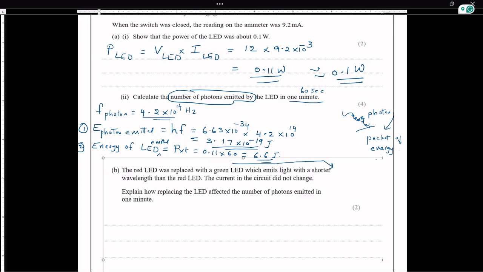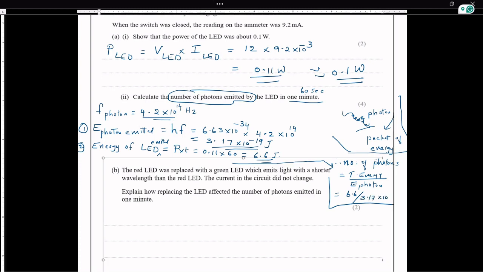Therefore, the number of photons emitted is the total energy divided by the energy of one photon. Total energy is 6.6 over the energy of one photon, which is coming as 3.17